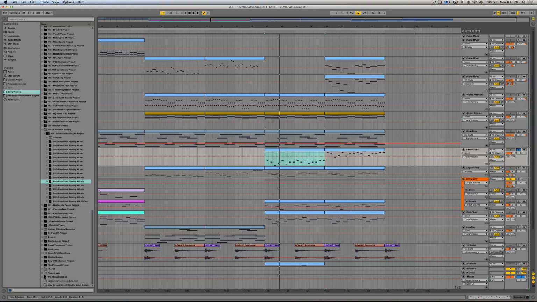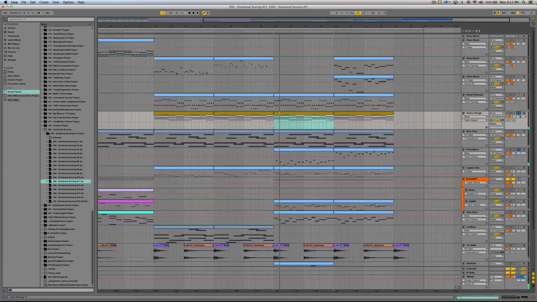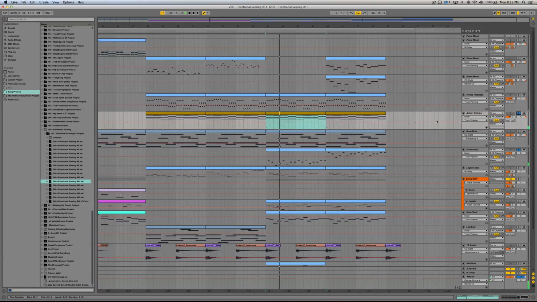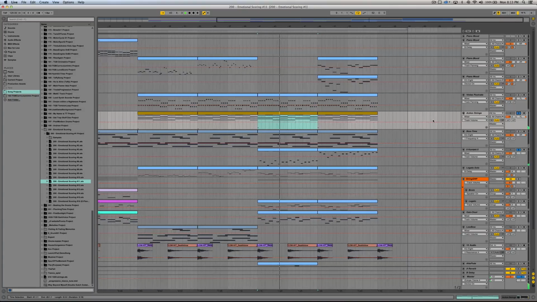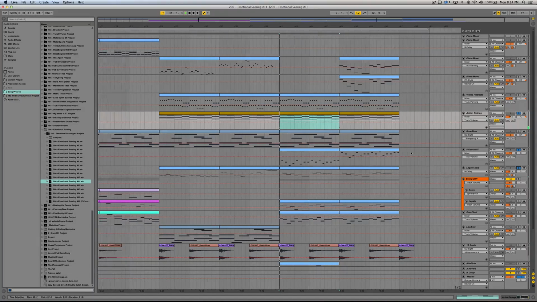Now the reason why these staccato quick hits have been added is to play off the melody as well as the fast strings. So if I play this together with the fast strings, this really adds body to it by emphasizing it just a little bit more there towards the end. And then if you add in the melody,